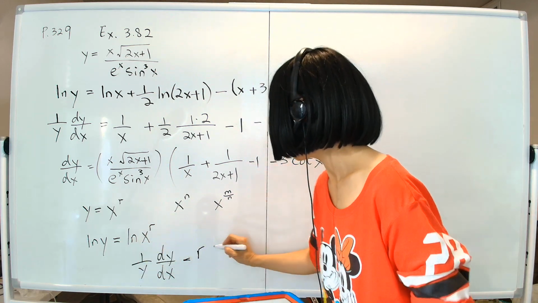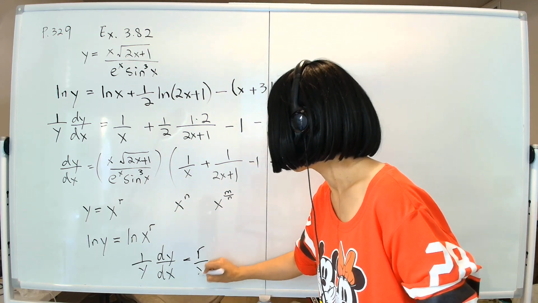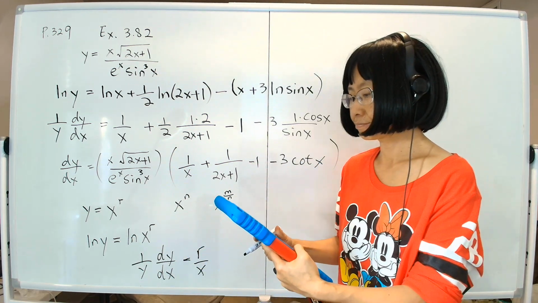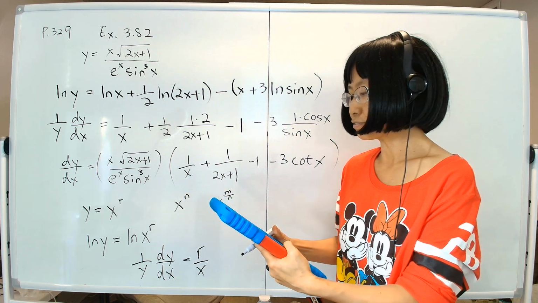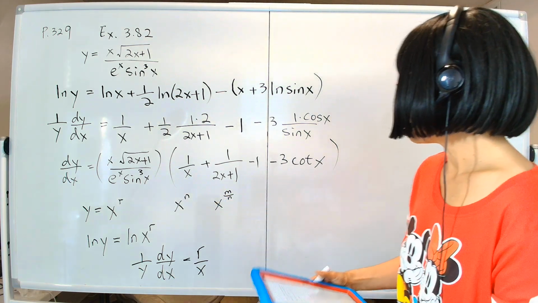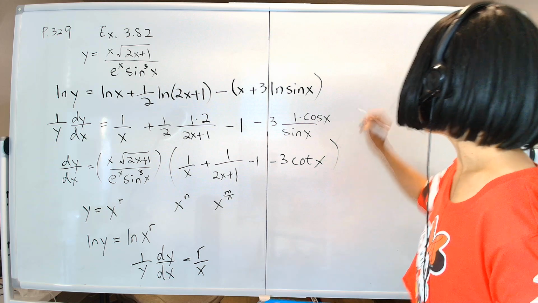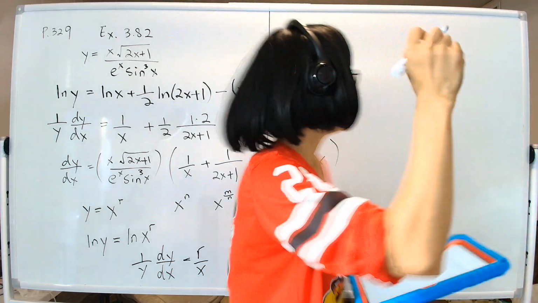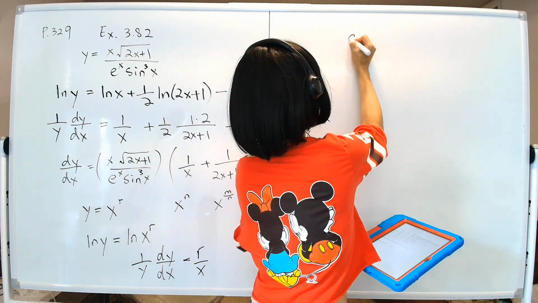And the derivative of natural log of x is 1 over x. Okay, so far so good. And then therefore dy by dx equals